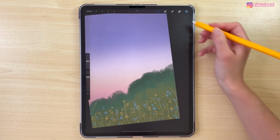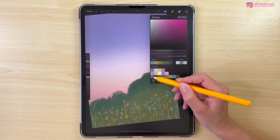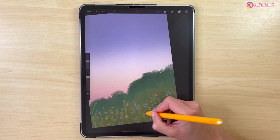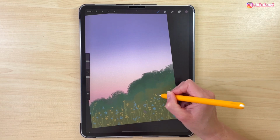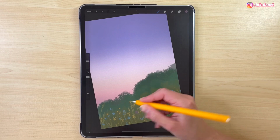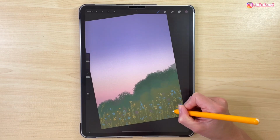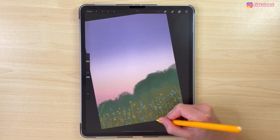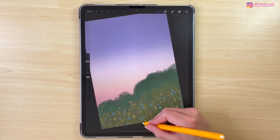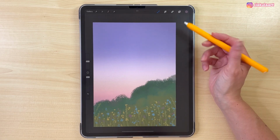And now, the last color, it will be this purple one. Let's add it only in a few places. I want the yellow and the blue flowers to be dominant. So my flowers are finished now, and I'm going to move on and make one more layer and draw some